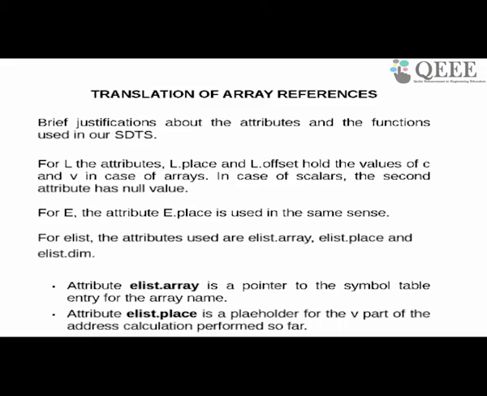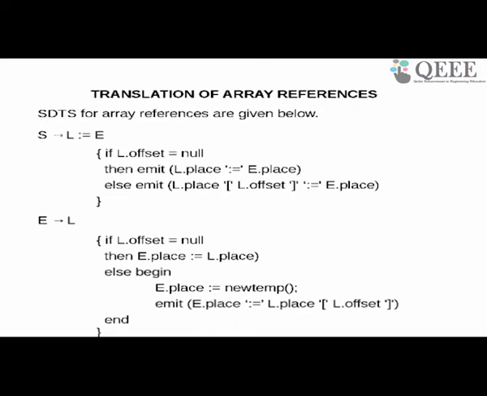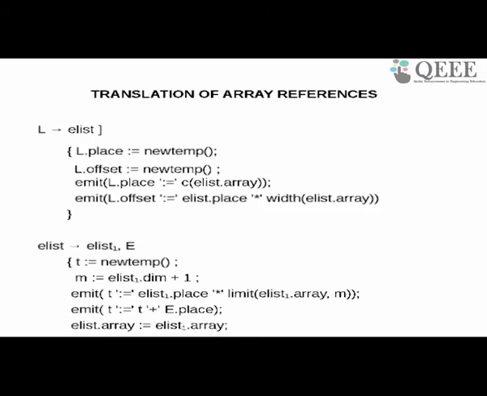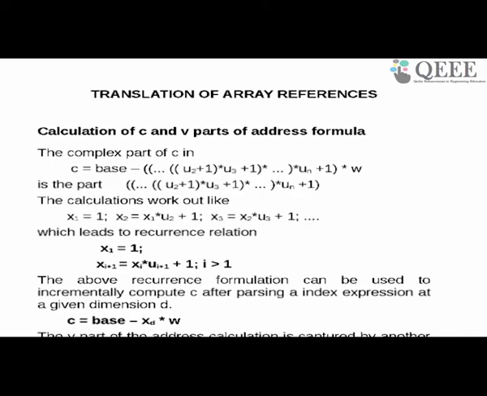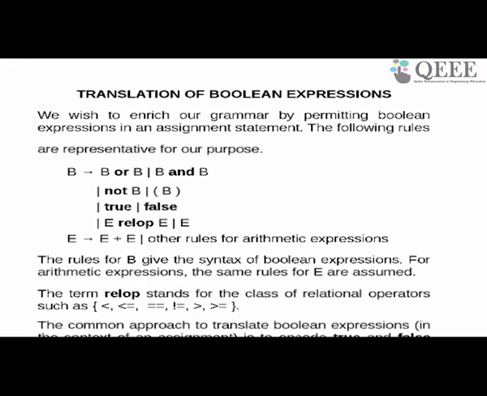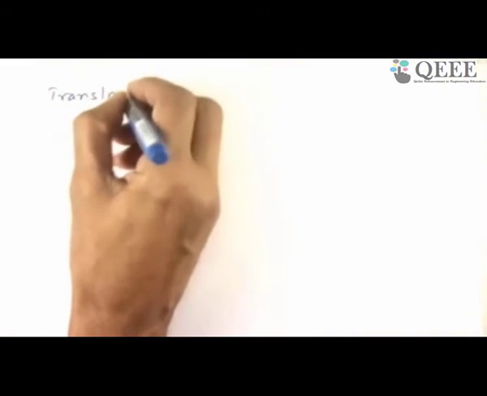So from 110 onwards, I'll ask you to read array references. Now that you are familiar with the notation, you have to read the grammar given on pages 106 to be more particular. See whether you agree. This is a non-trivial translation from 106 to 110. Please read. And you should have doubts. I would love you to have doubts and ask. So translation for array references. This is not trivial.